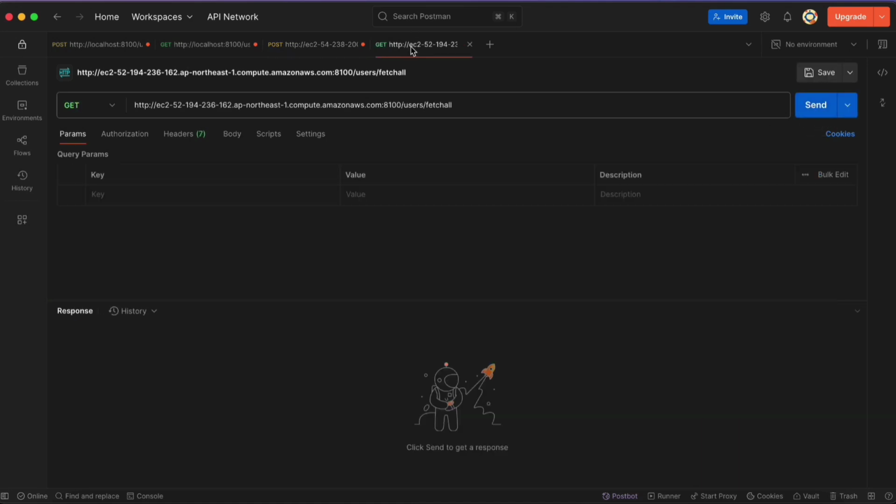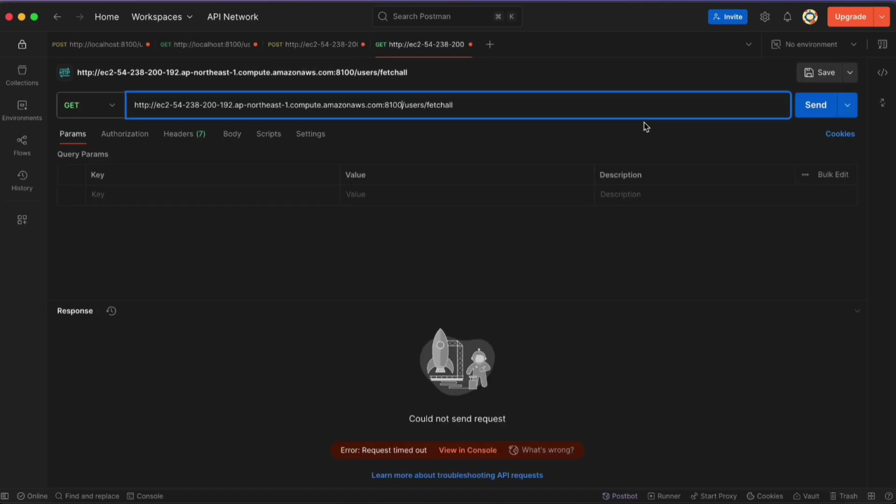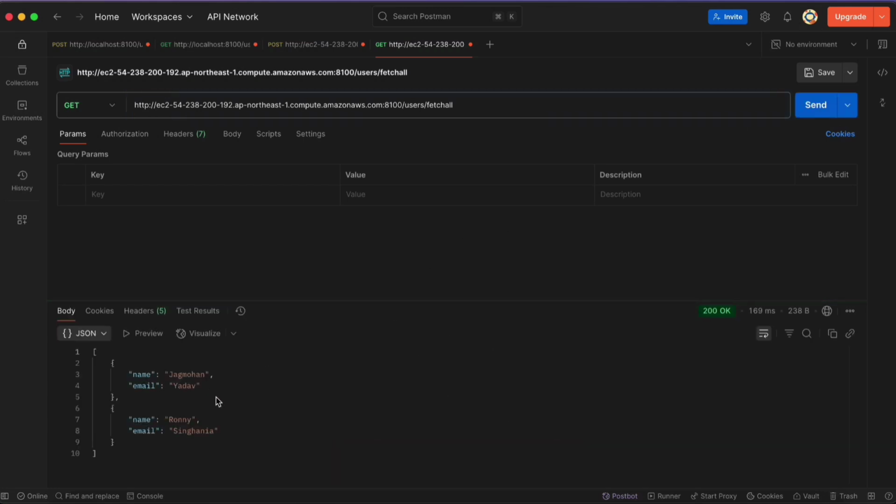Okay, it is saved. Let's click on the get endpoint. Let's try the get endpoint for this. User/fetch all. Okay, port number is missing once again. I forgot to add the port number. Send. Yeah, it is visible. Now for the final